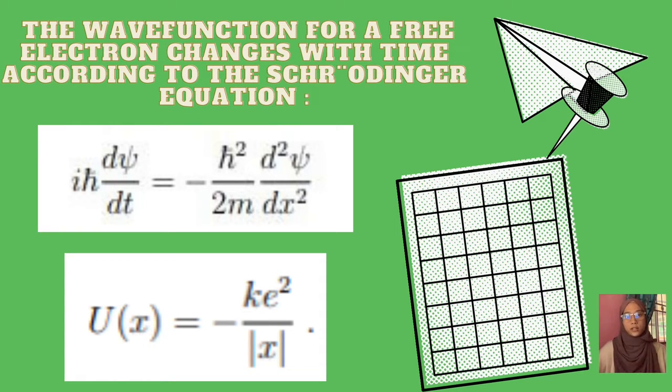So for the second equation, the potential energy U(x) of an electron varies depending on its position, leading to forces F(x) equal to minus dU(x)/dx. So we need to know how to alter the Schrödinger equation when these forces or potentials are present, in order to comprehend how wave functions evolve in the presence of this force or potential. So consider the instance of a hydrogen atom, where an electron's potential energy is equal to the Coulomb potential from the nucleus.